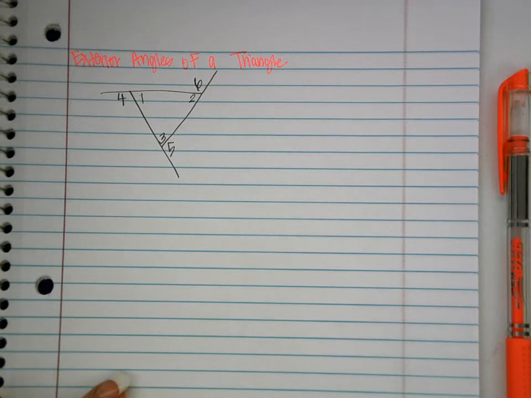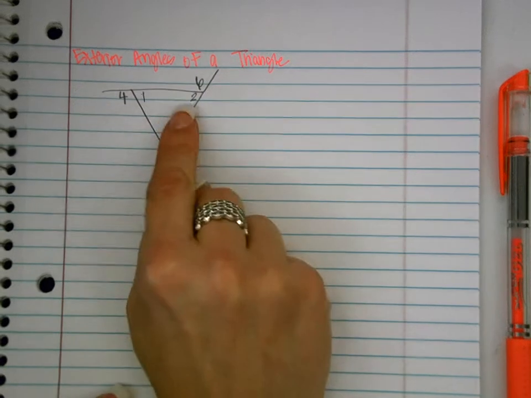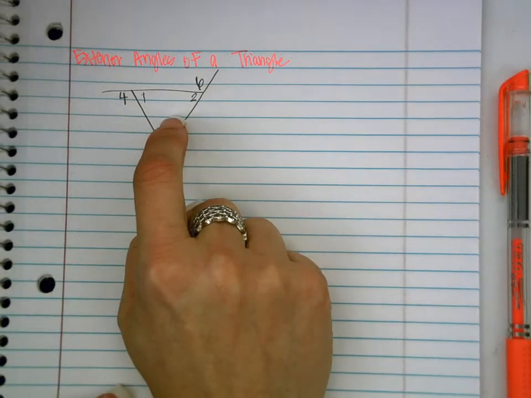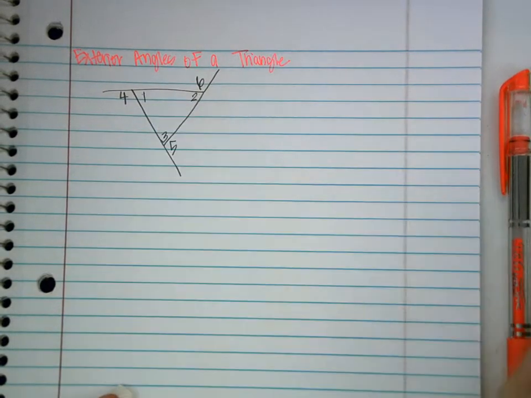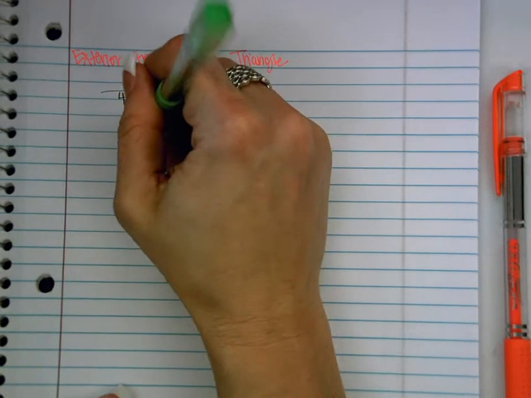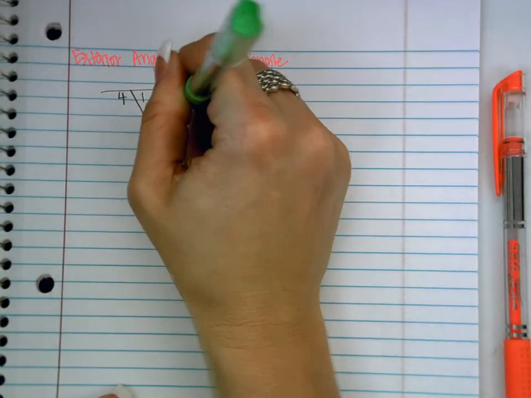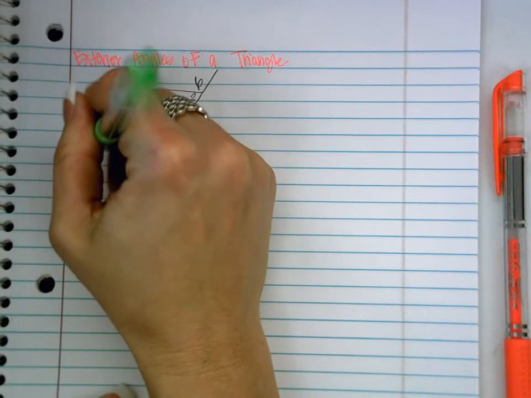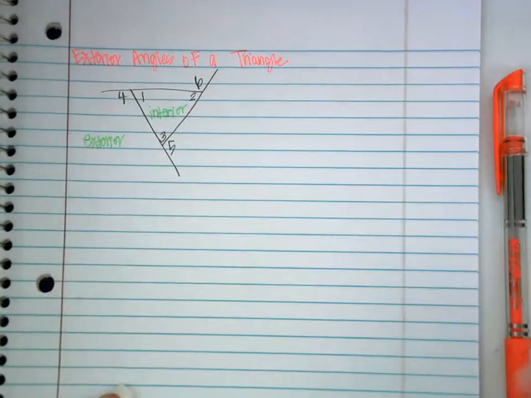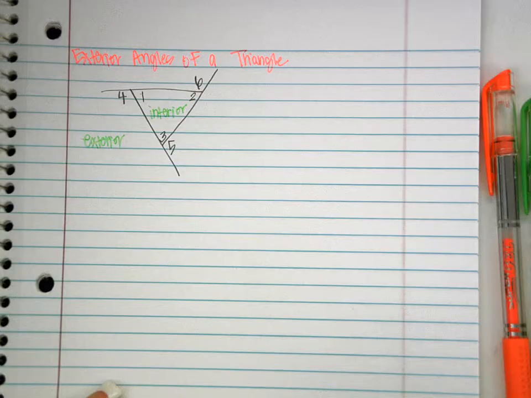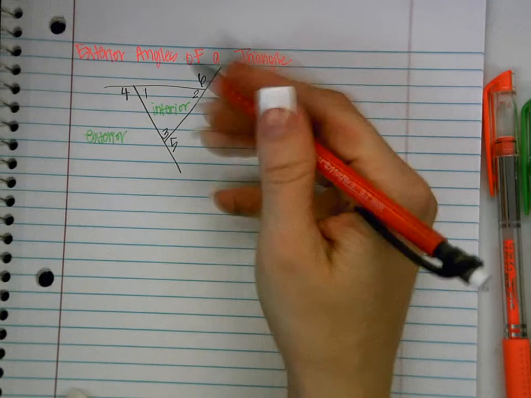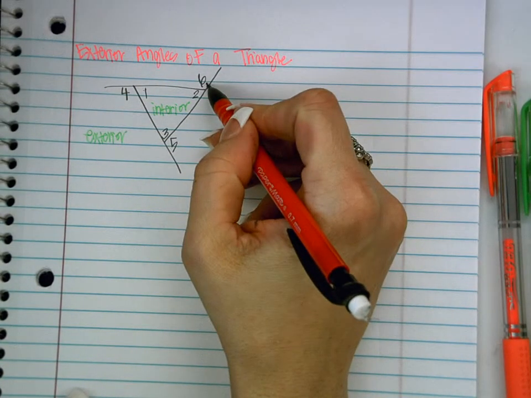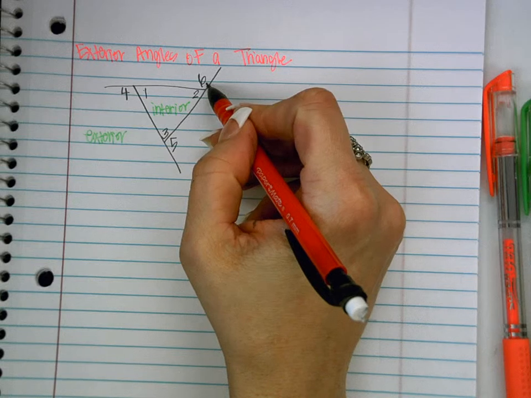First off, would you say that inside of the triangle, is that interior or exterior? Interior. Okay, so we're going to label it. Outside of the triangle is called the what? Exterior. What you need to know here is that each exterior angle,